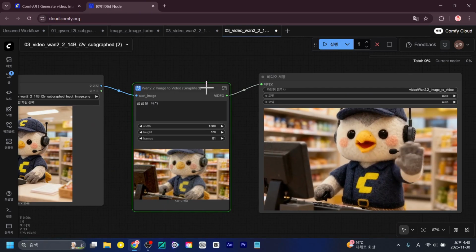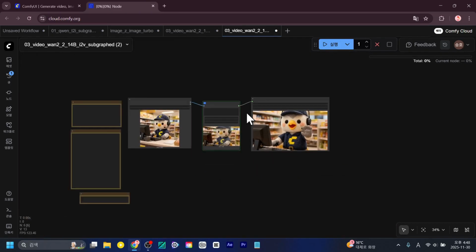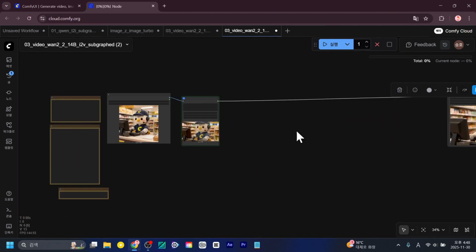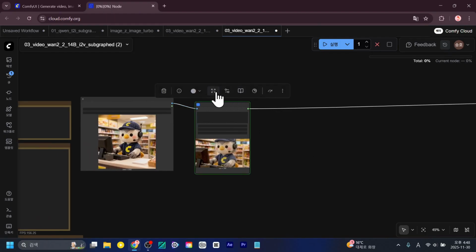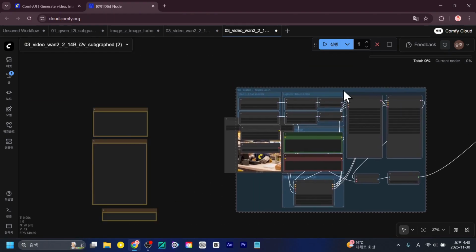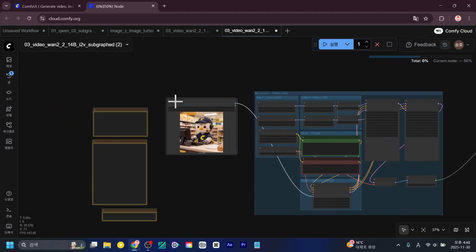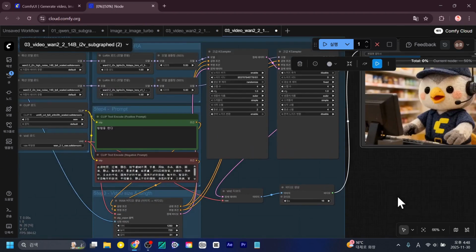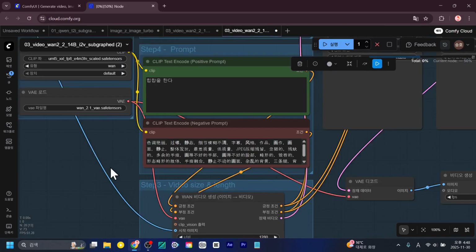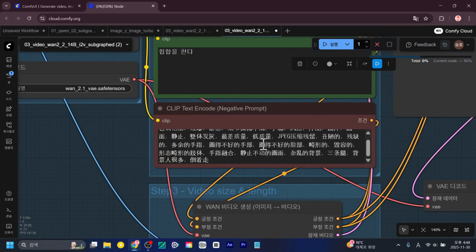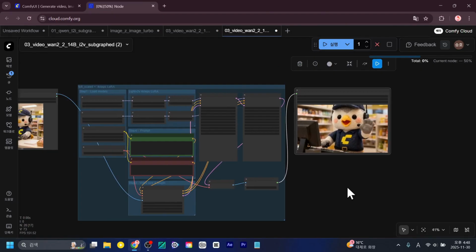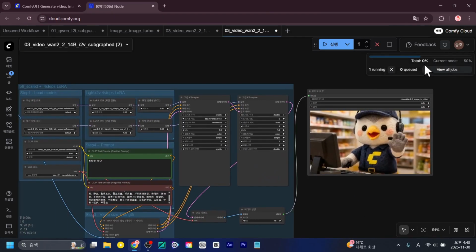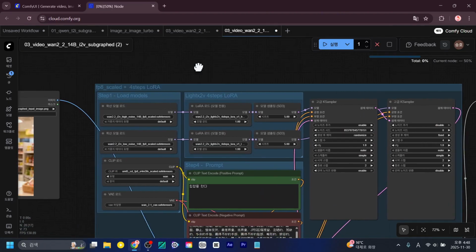It's currently being generated inside. Let's open it up and take a look. I'm curious. You can see that it's in Chinese, right? So Korean should work as well. It's halfway through the generation process now.